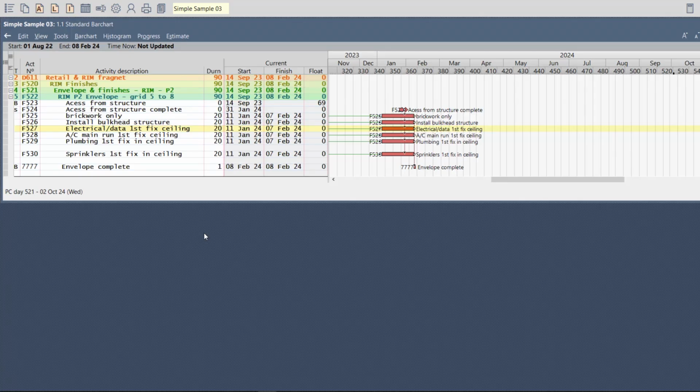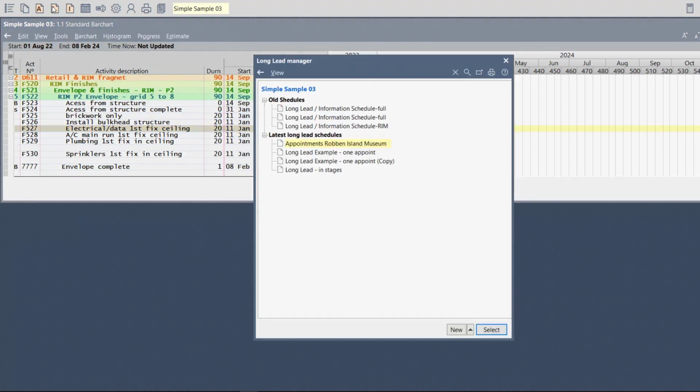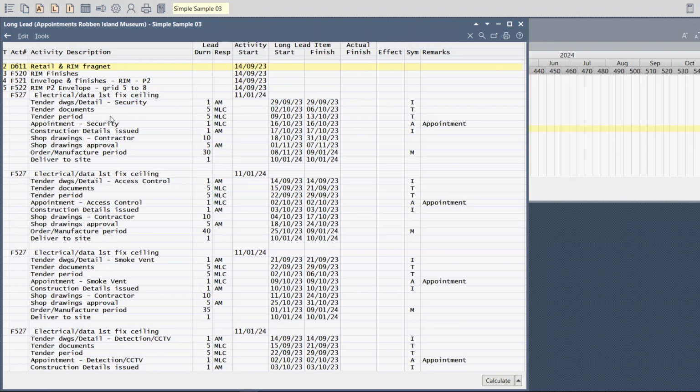Let's now go and look at the reports in the long lead schedule. So let's open up the long lead schedule and let's go to the appointments that have been made. And here we've got a couple of items already entered for us. Incidentally, note that you can use the same activity number multiple times in the long lead schedule like we did here, because that's a trigger for the